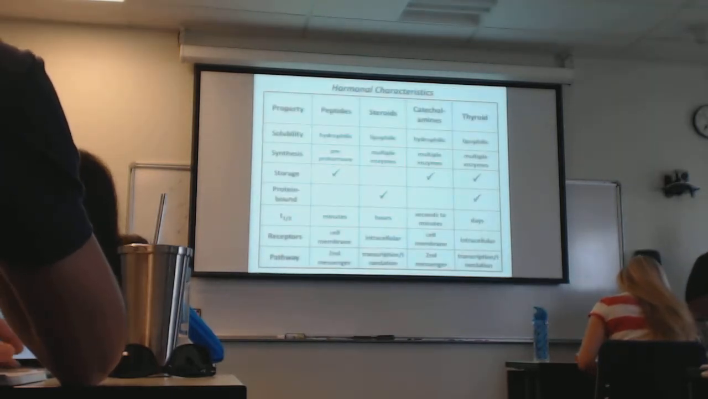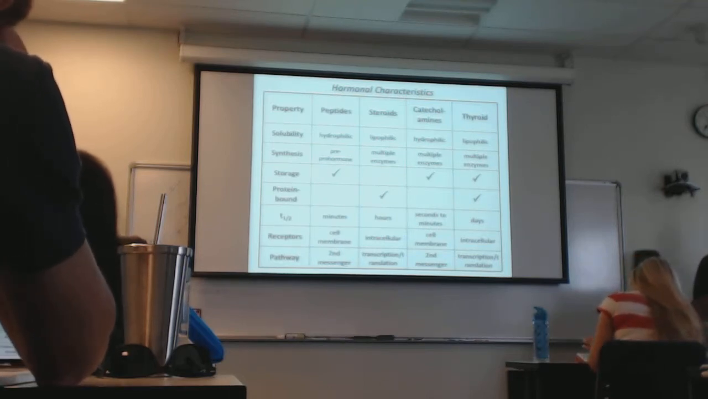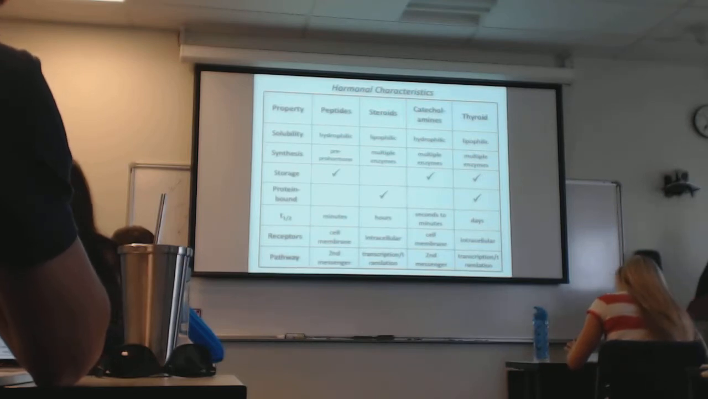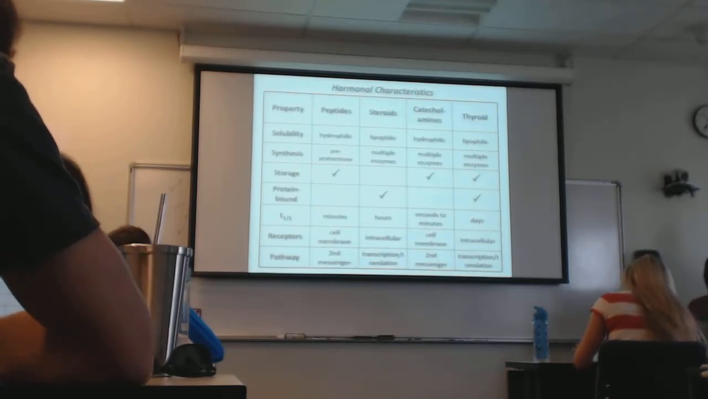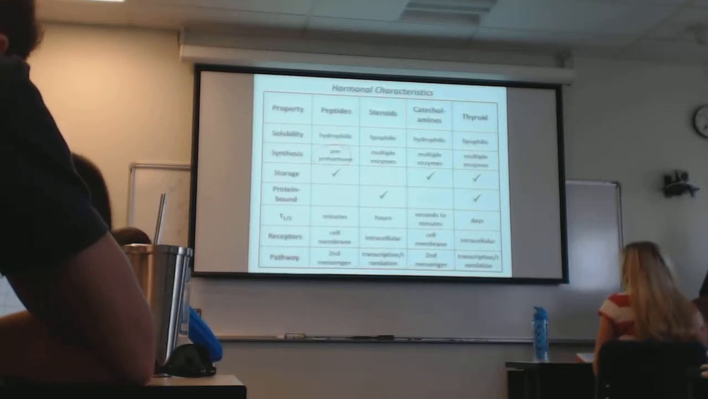So here's a little table that summarizes the characteristics that we've been talking about. In this case, I've put the catecholamines and the thyroid in separate columns here. You pretty much need to know this table. I think you already know this. I think most of this is pretty evident to you. We've talked about solubility. I don't think you'll see any surprise there. We've talked about the synthetic pathway. The peptides are the only one we really talked about in detail, but you should know that